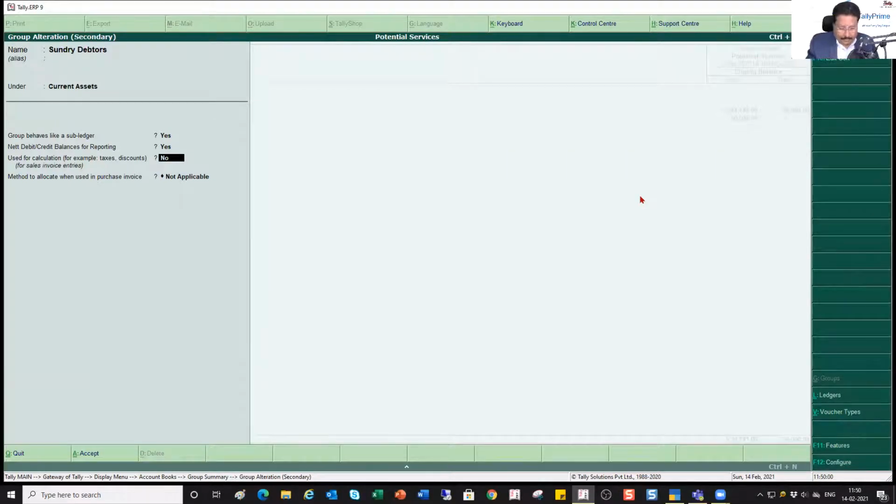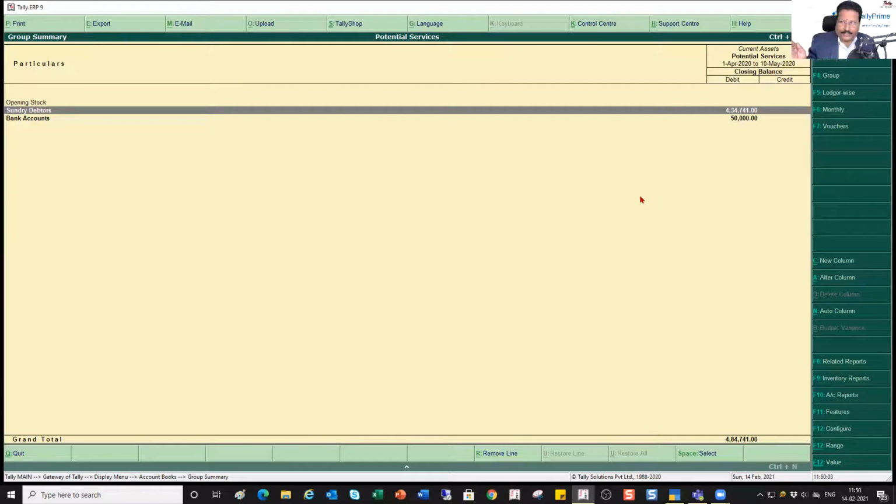I make this as yes, and I press Control A, and you will now notice that Tally has netted off the balance, and it is giving you the net of the highest balance, which is basically your debit balance. So this way it helps you to do a better analysis, rather than doing some kind of an activity outside Tally. I hope this scenario has clarified, or given you a thought process, to see where you can use this option.